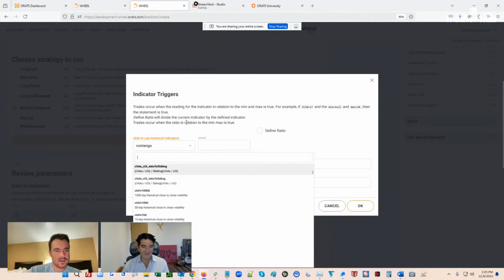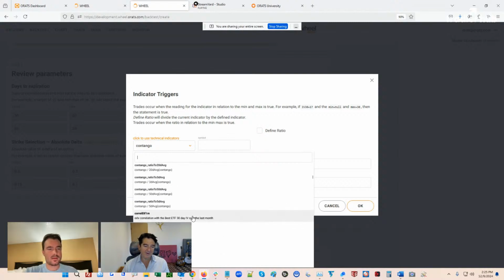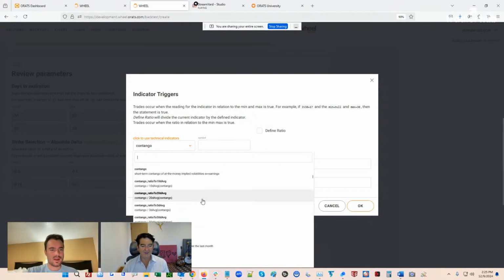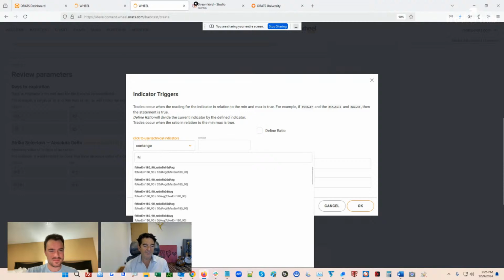Any indicator that we can use? Yeah. Any one that you want to use, like you could use contango, you could use whatever. Yeah, I mean, I like the flat forward stuff. I think that's some real value add, but might take some explaining. Yeah. So